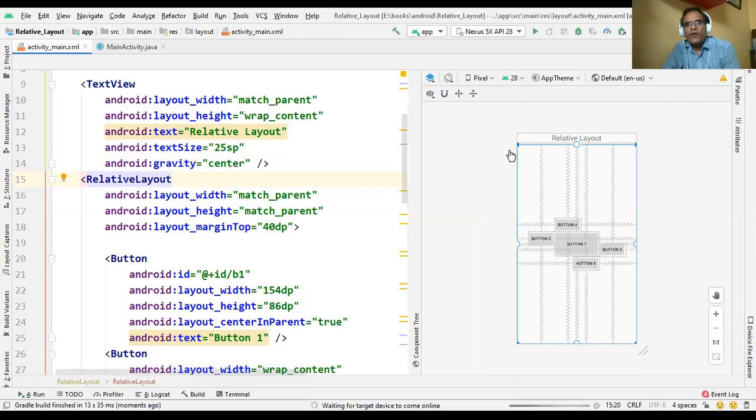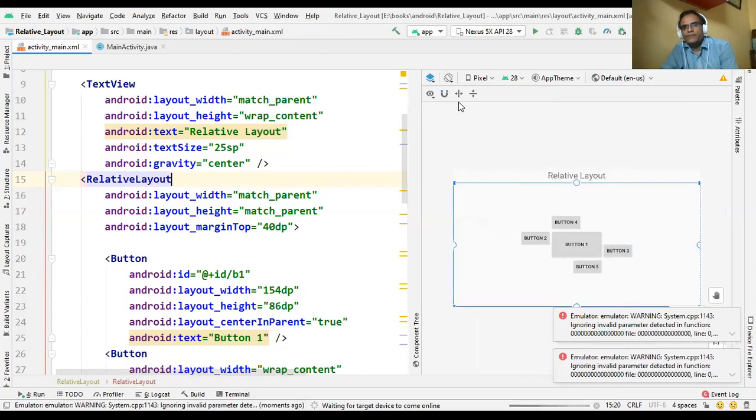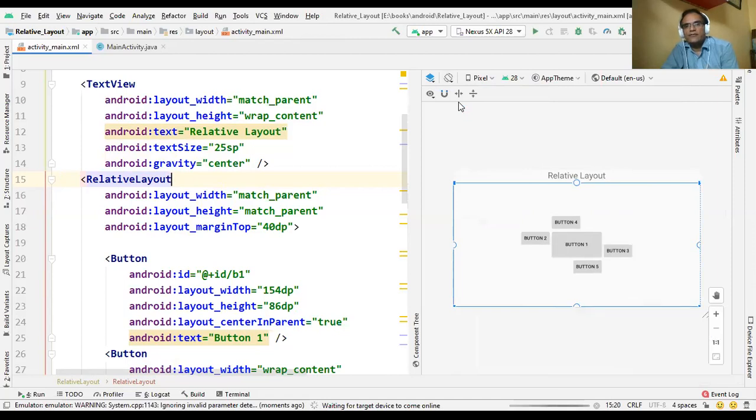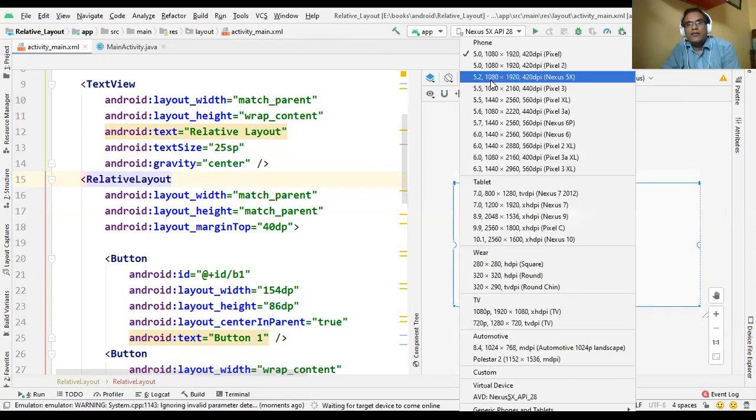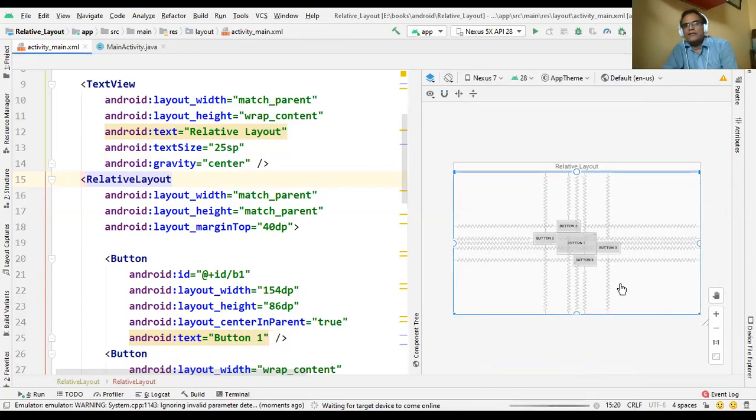Now suppose we want to change the orientation, from portrait to landscape. You can see here, it is fixed. So now the alignment is fixed. Even if you change the screen size, now 5.0 to 7.0, we increase the screen size, again it is fixed.